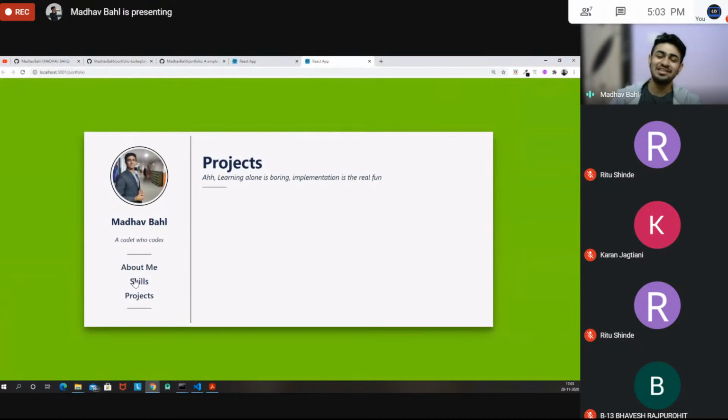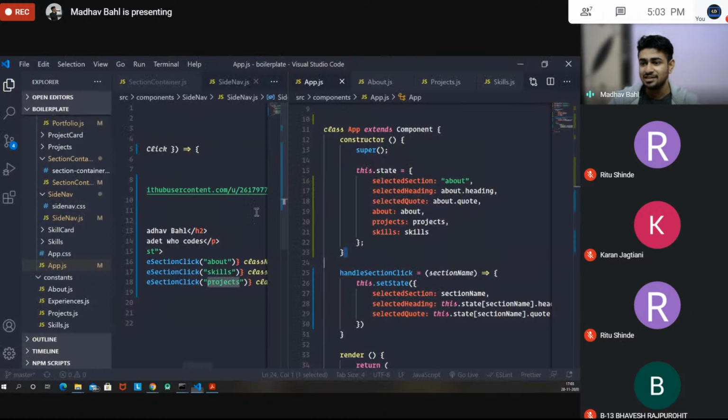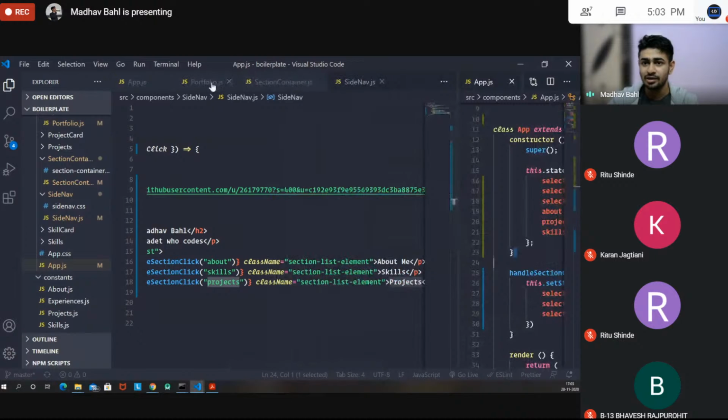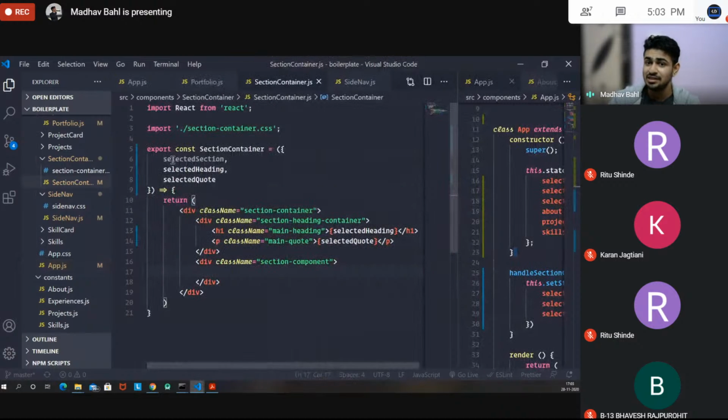Now we just need to do one final thing, which is to show this section. Either this should be about, or it should be skills, or it should be projects, based on the selected section that we have. So now let's jump back to our section container, and as you can see in the section container, we have access to our selected section. So what we are going to do here